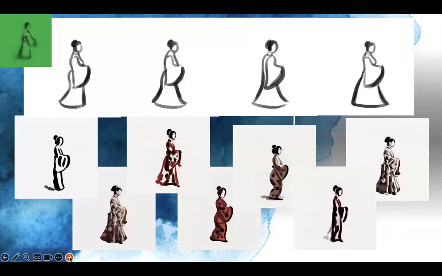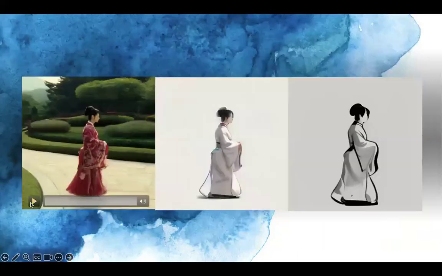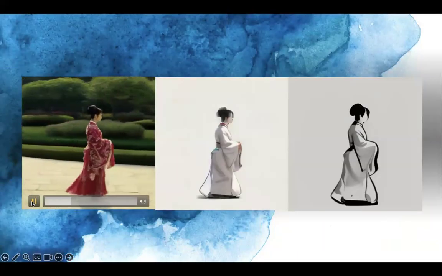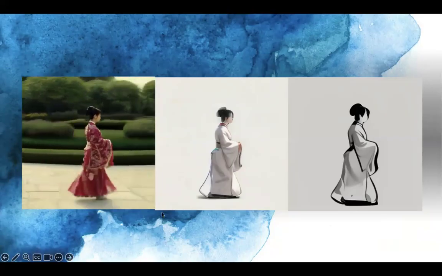In a similar way, we had to conceptualize a scene. A woman was walking down the stairs in front of a Chinese temple. And here we used, again, as input for AI image to image renderings, these more stylized drawings of a female character. You can see an example of exact photo reference here. Then there is